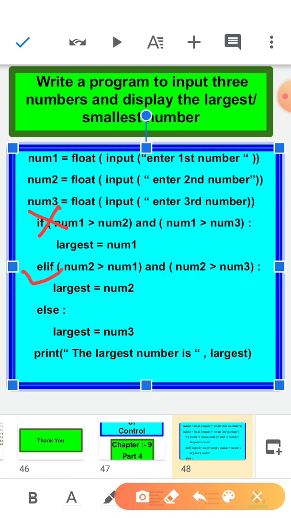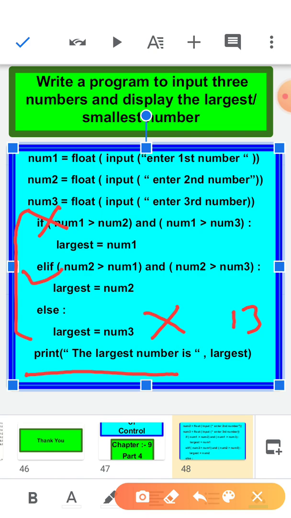The elif statement is true, so after it, it will not jump to the else, because among if-elif-else only one statement works at a time. When we get the elif statement true, it breaks and jumps outside the if statement. It will print the largest number is 13, because the largest variable holds 13.